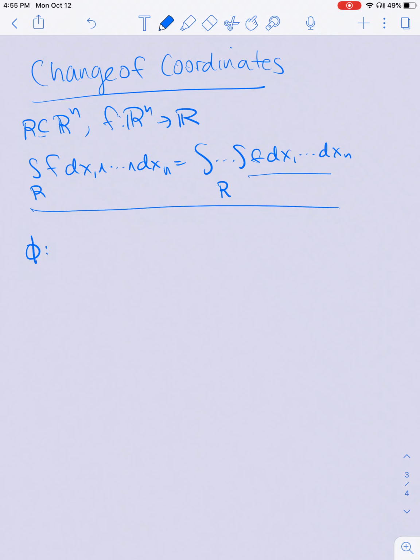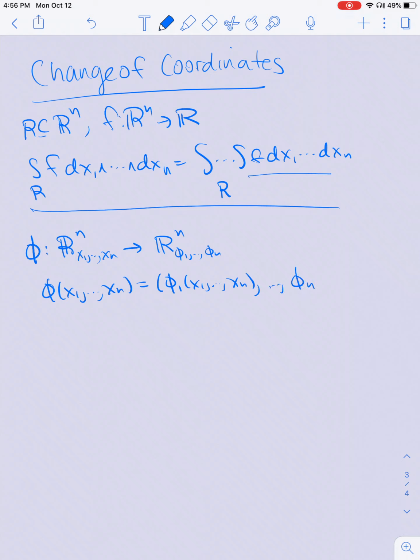So if I have some map phi from Rn, with x1 through xn coordinates, to Rn, with phi1 through phin coordinates. What this means is that phi takes x1 through xn to phi1 of x1 through xn, etc. So the phi's are the coordinate functions. And this is invertible and differentiable, and its inverse is differentiable. Then